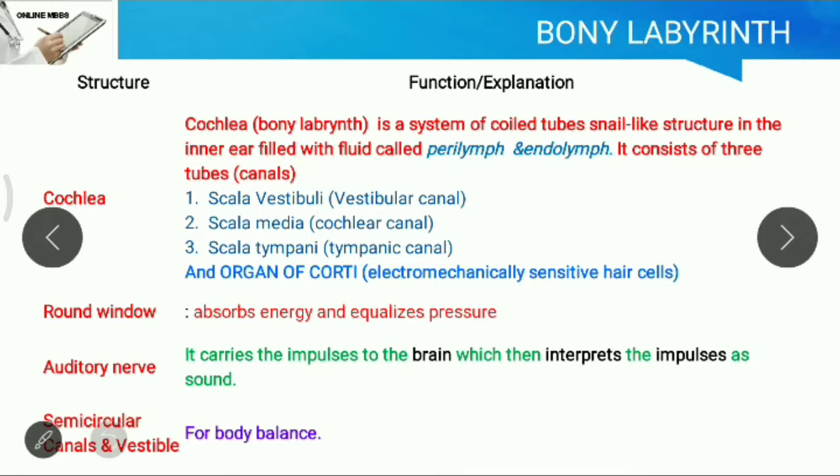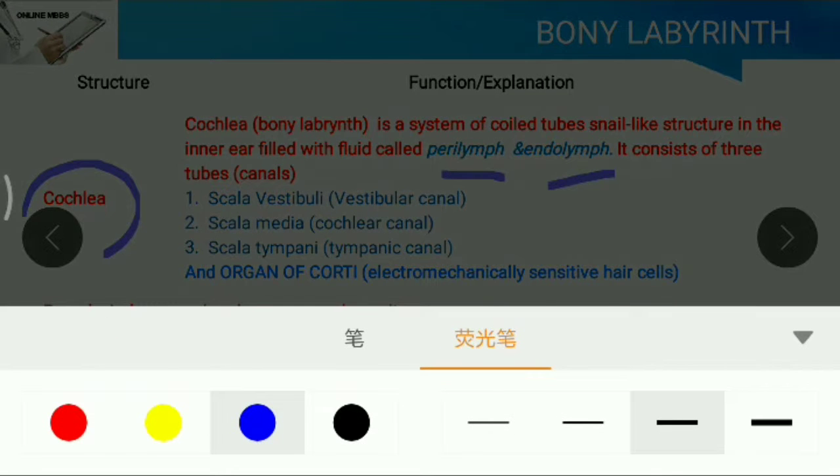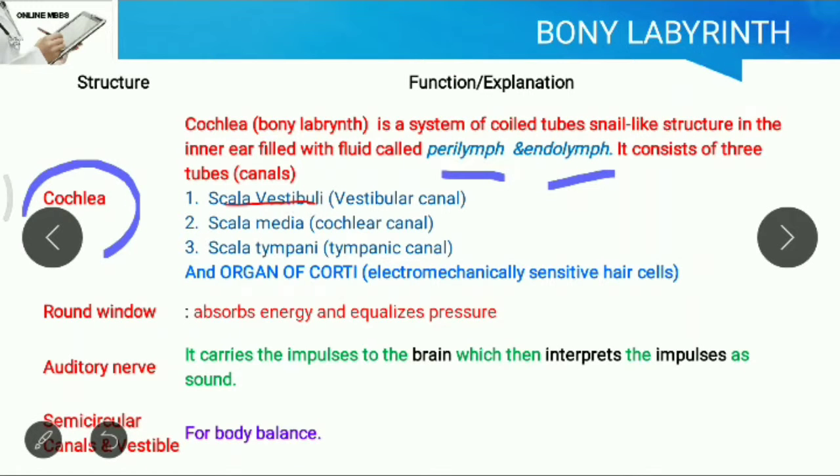Now comes the bony labyrinth. Under the bony labyrinth comes the cochlea. Cochlea, which is in bony labyrinth, is a system of coiled tubes, a snail-like structure in the inner ear filled with fluid called perilymph and endolymph. It consists of 3 canals or 3 tubes. They are scala vestibuli, also known as vestibular canal, scala media, also known as cochlear canal, and scala tympani, known as tympanic canal. An organ of Corti,